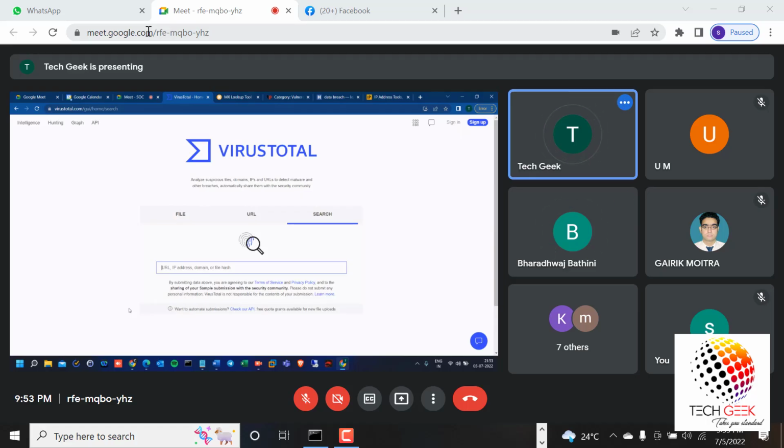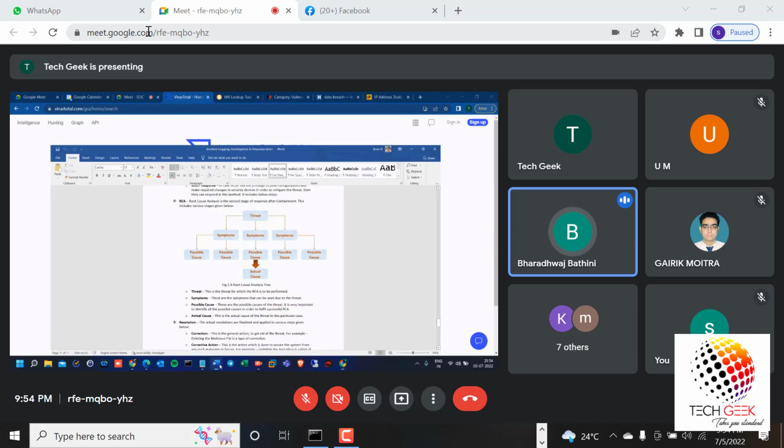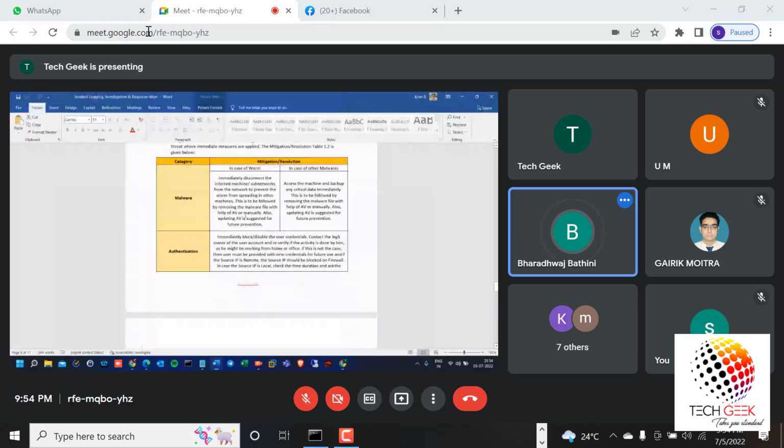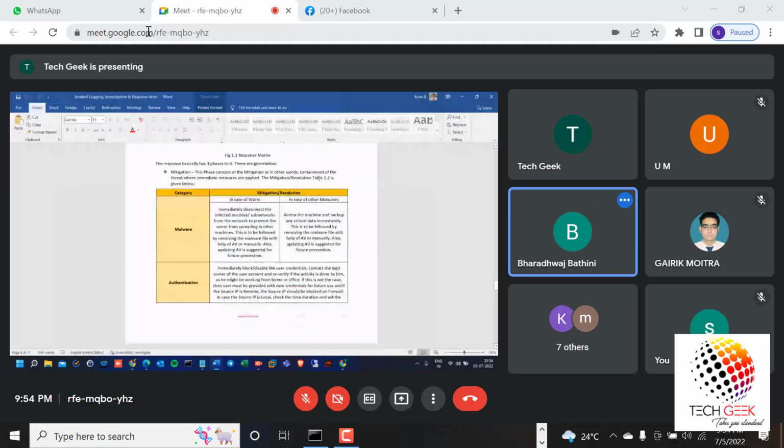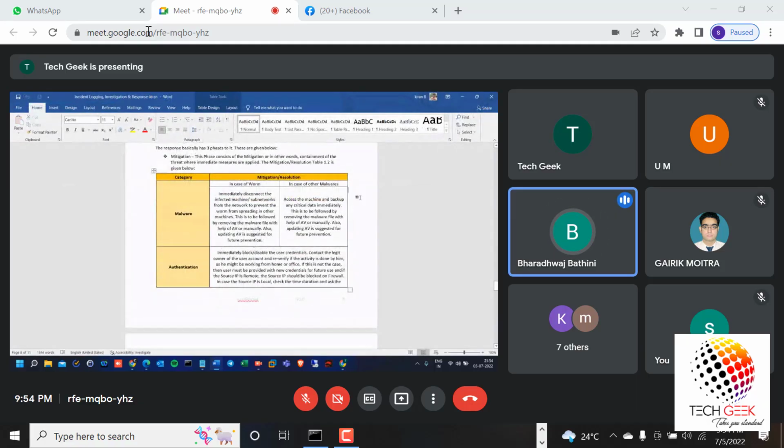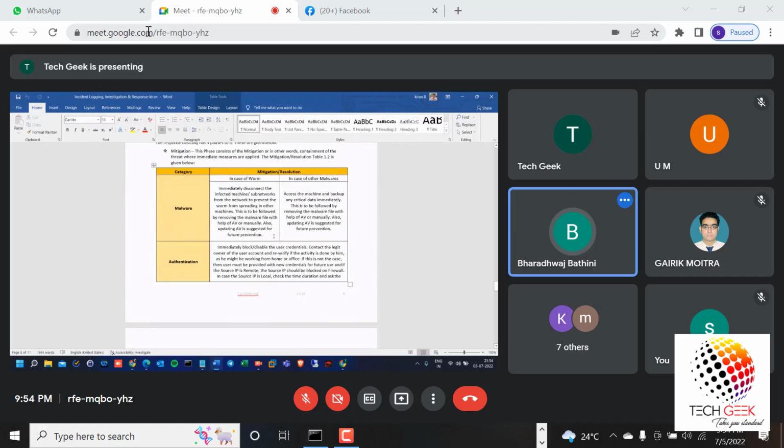Sir, my question is, what kind of scenario should we explain? For example, if they ask us to explain a scenario where you got such an issue, how did you resolve it? You might have performed some kind of attacks, and you might have got those issues. How did you inform your seniors or the incident response team? How did the resolution come? What remediation steps did you take? That's my question.